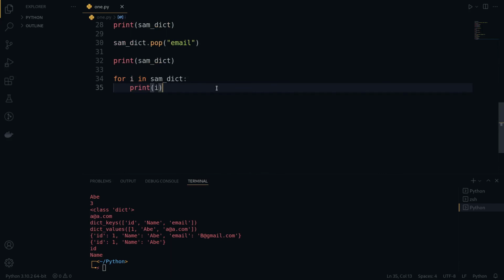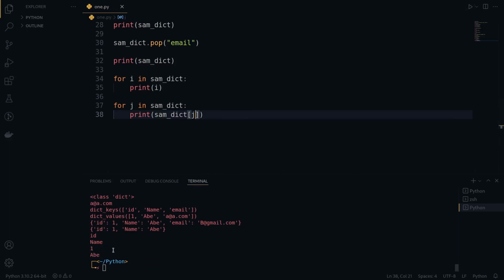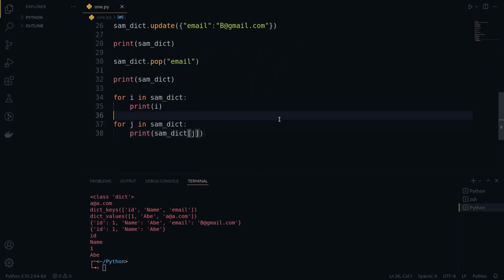If you want to get all the values, let's declare another one. For j in sample dictionary, we are going to print sample dictionary of, specifying the variable we used, that is j. If we run this, we are going to get the values, so 8 and 1. That's the values. That's how we use